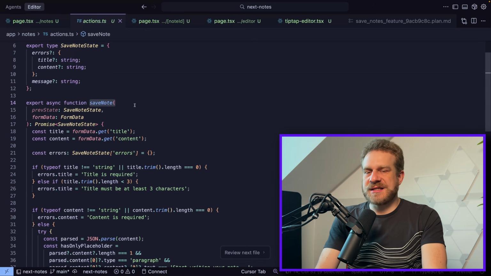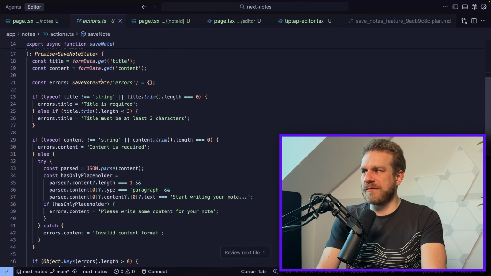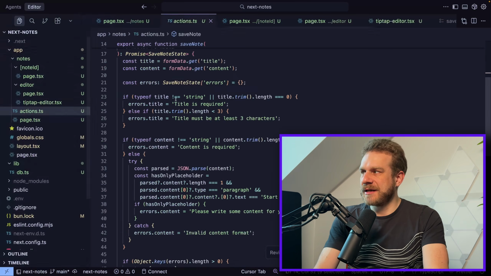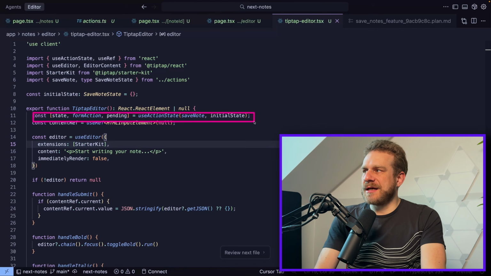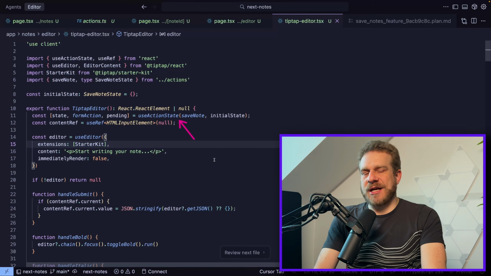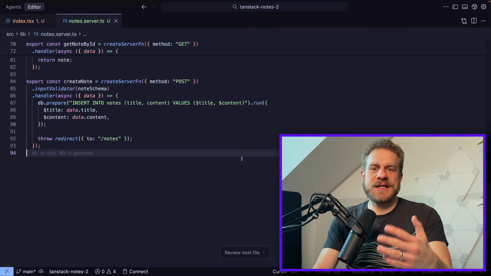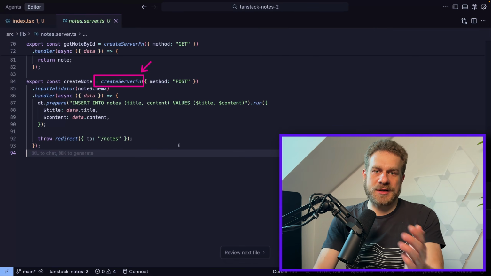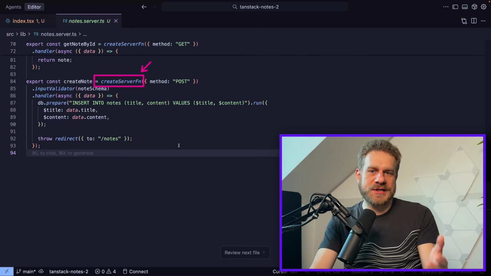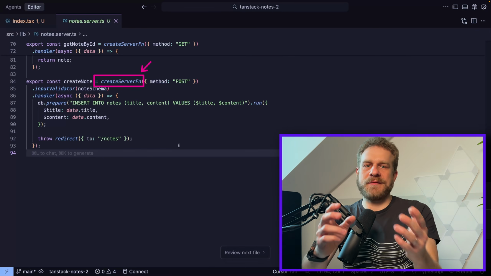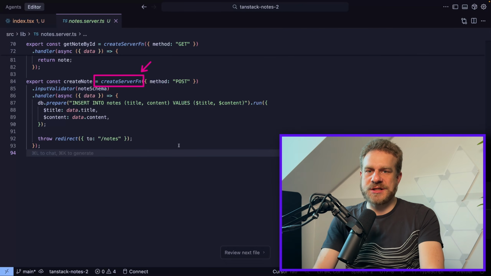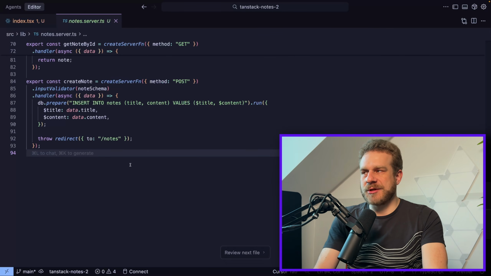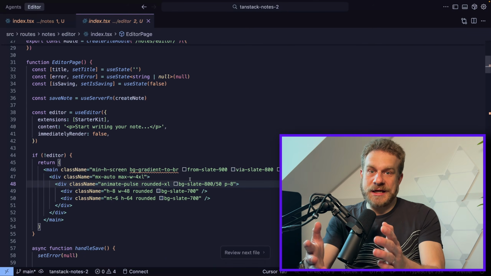So for example, this save note function, which I have here, which stores a note in the database, can still be called from the client side here by using the useActionState hook, for example. In TanStack Start, we simply keep on using this create server function approach here, because I mentioned that are functions that are guaranteed to run on the server, and you can use them for data fetching or for data mutations, because again, the code will only run on the server. In a component function that is also rendered on the